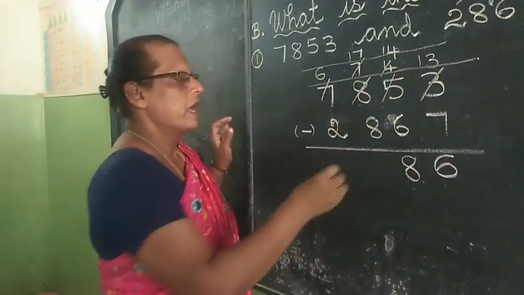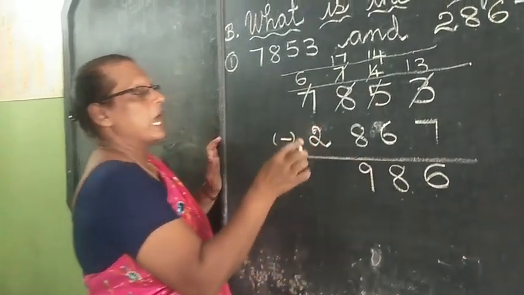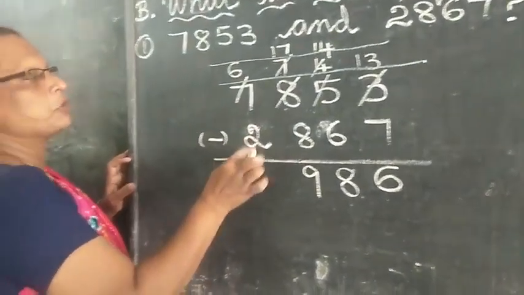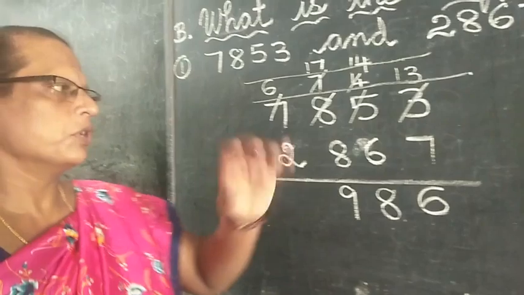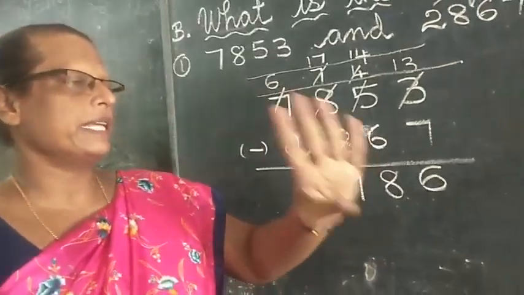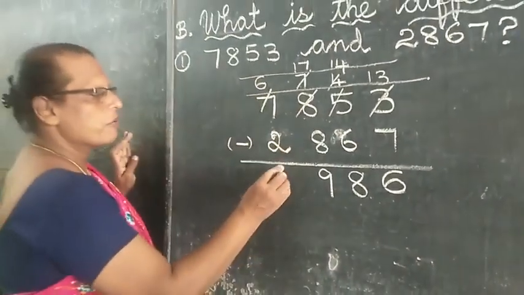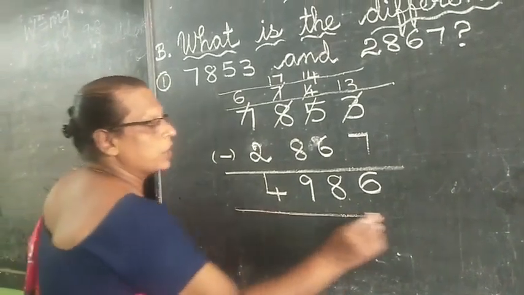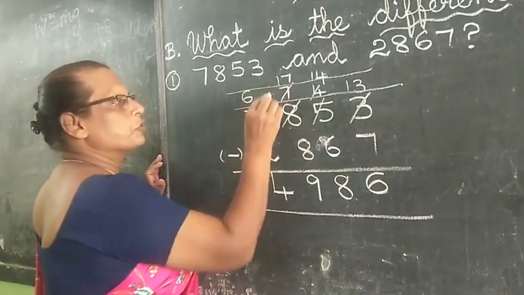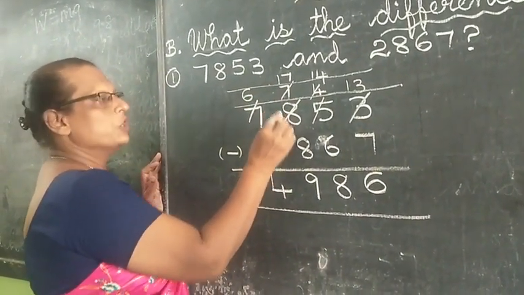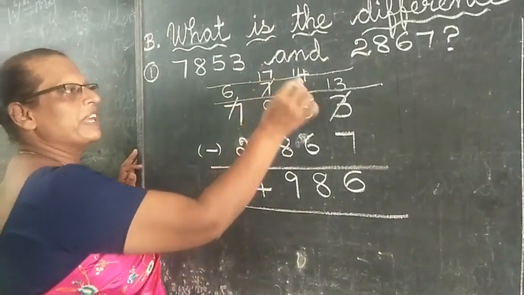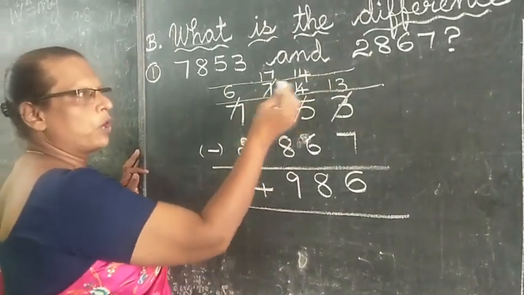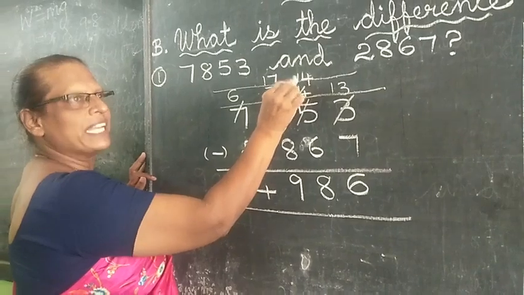So what's the answer? 9. Okay children. And then after 2 you count up to 6, children: 3, 4, 5, 6. So what's the answer? 4. So all you have to do, children, is leave 2 lines and write the question. If you leave 2 lines it will be very easy for you to borrow, and if you write the numbers it will be very clear.